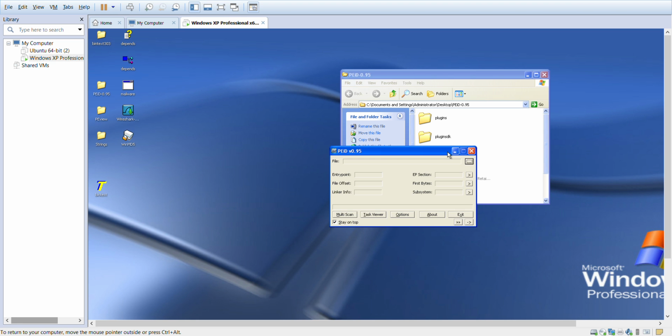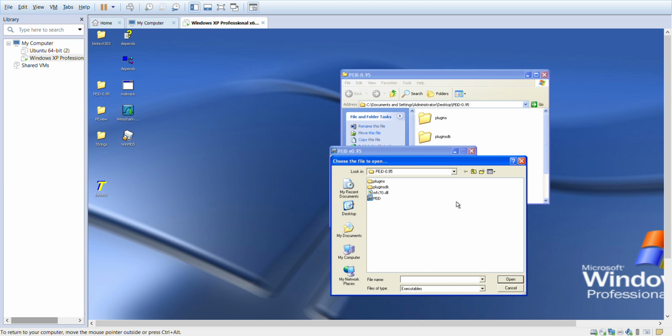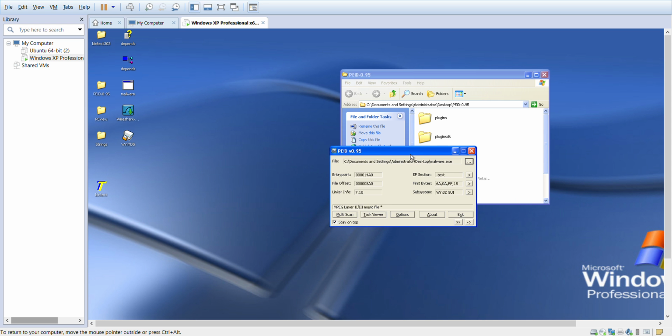So, basically, now that we have our malware.exe file already installed inside our desktop, we're going to start by checking to see whether that malware is packed or not. And to do that, we're going to use PID. Very simple: we're going to load the malware.exe file into the tool itself. So we're just going to go to desktop, go to malware, open it,